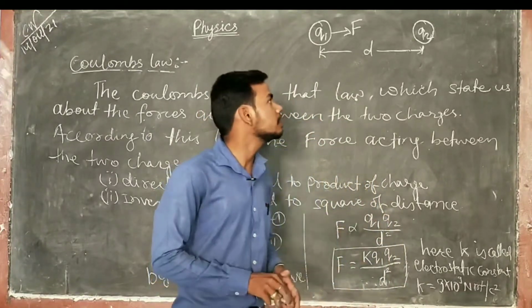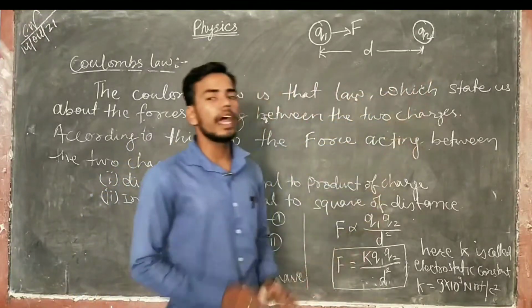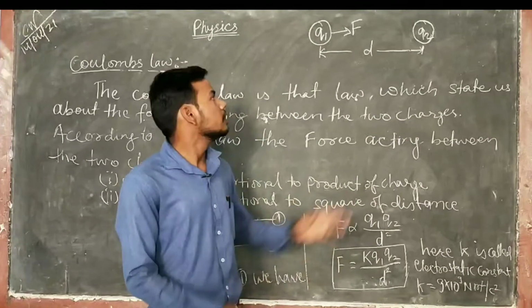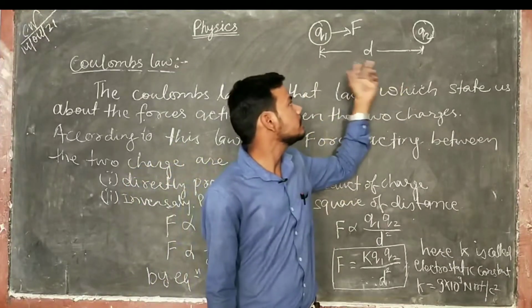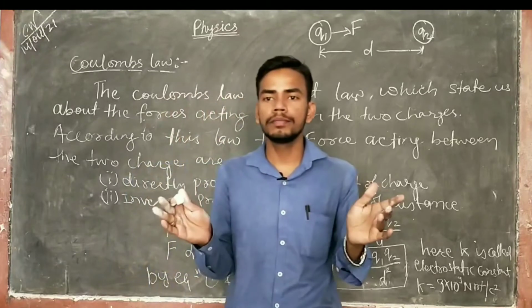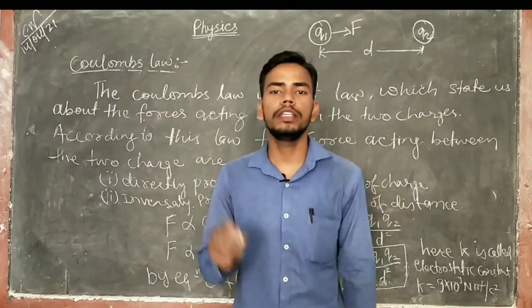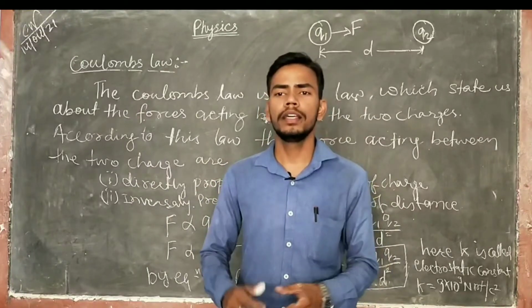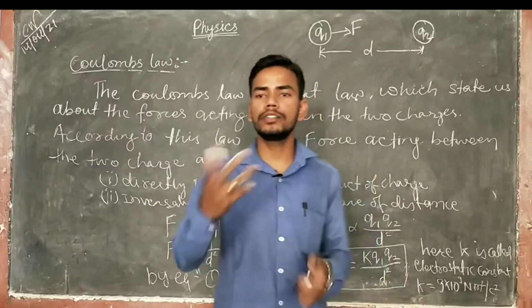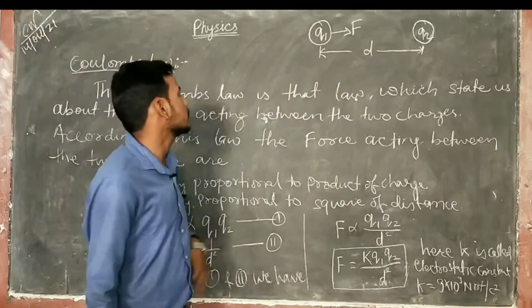So here we have represented the charges with the symbols q1 and q2. We have a separation also. The separation between the charges is d. You can also take the distance as r. कई जगह बच्चे r लेते हैं क्योंकि उनको r ले करके सॉल्व करने में सुविधा होती है, कई जगह d लिया जाता है. That's your choice. Okay, so we have taken d as the distance.